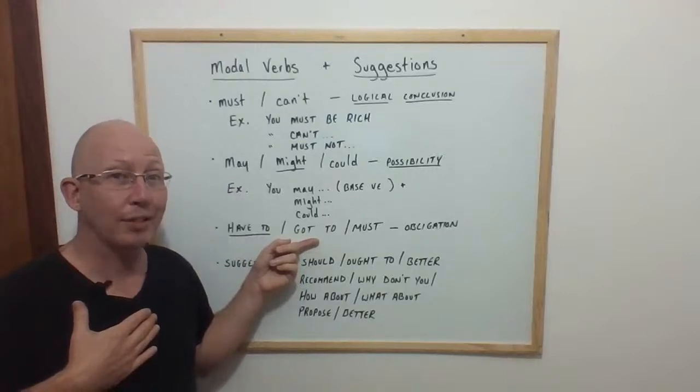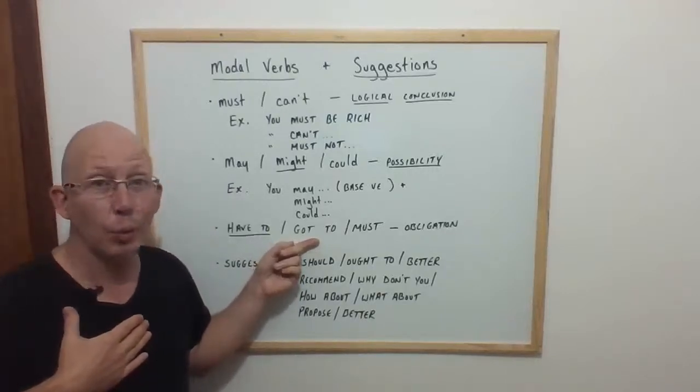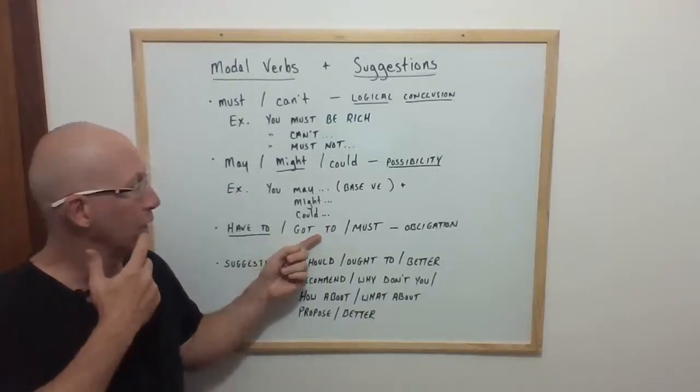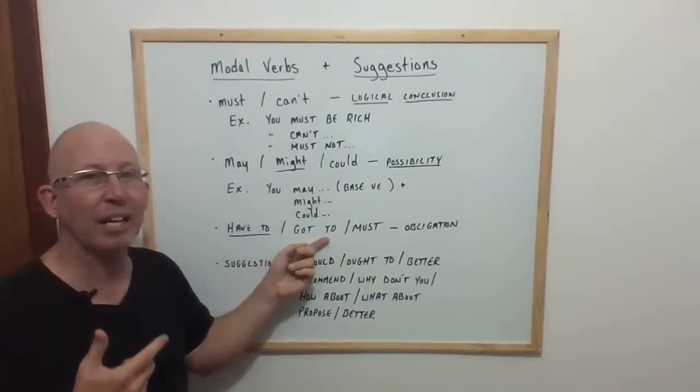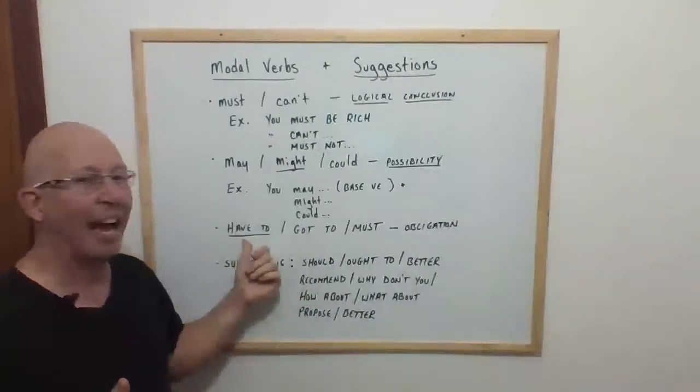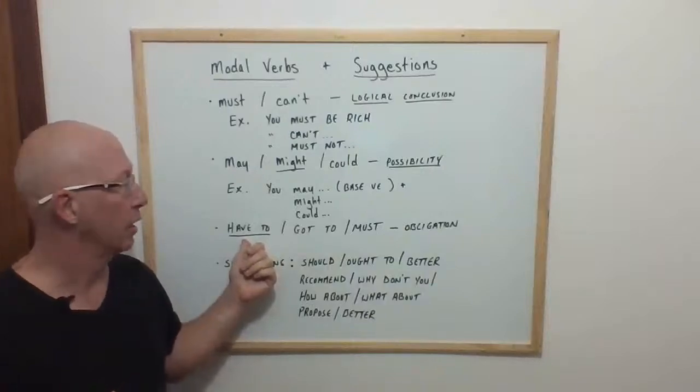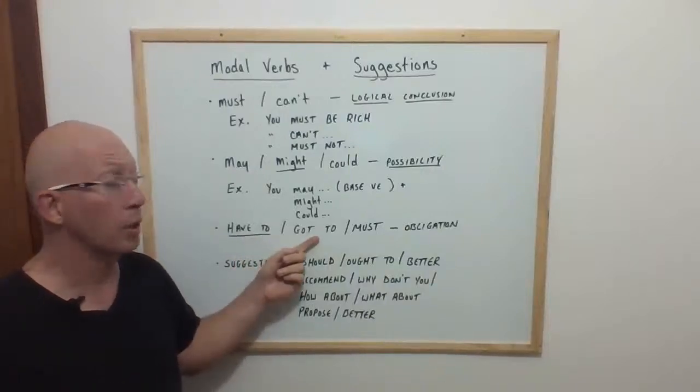This is a good one to use, and also got to. I gotta go to work. I gotta go to work. So you get, it sounds like a D sound. I gotta. This is a have to. I have to go to work. The pronunciation, I gotta go to work.